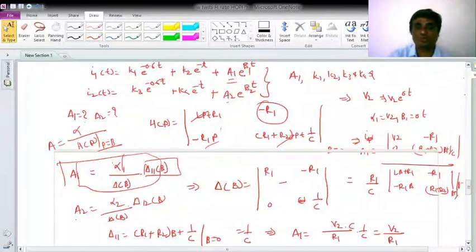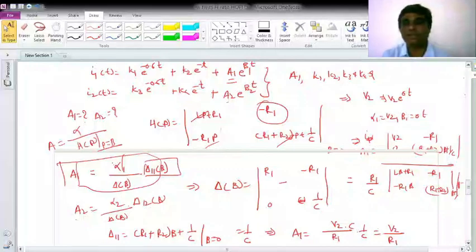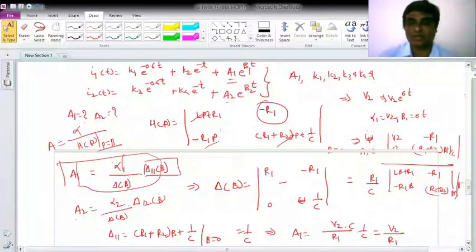So here we will stop. And from the next class we will start with the solution of networks or dynamic circuits by the use of Laplace transform. So first we will revisit the Laplace transform, its properties, and how we can compute the inverse Laplace transform, and once we are a little bit comfortable with it, we will go with the solution of the circuit using the Laplace transform approach.